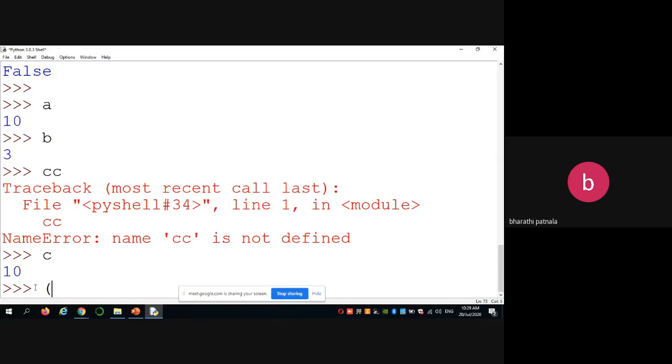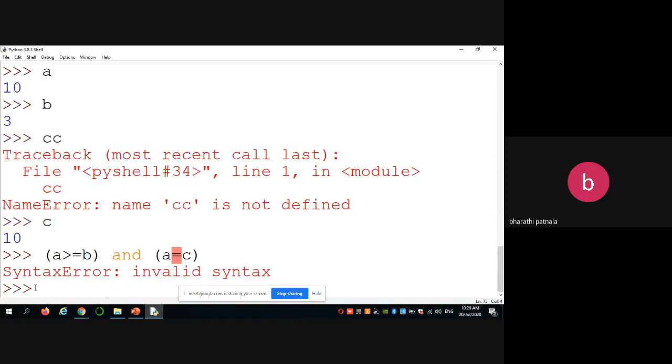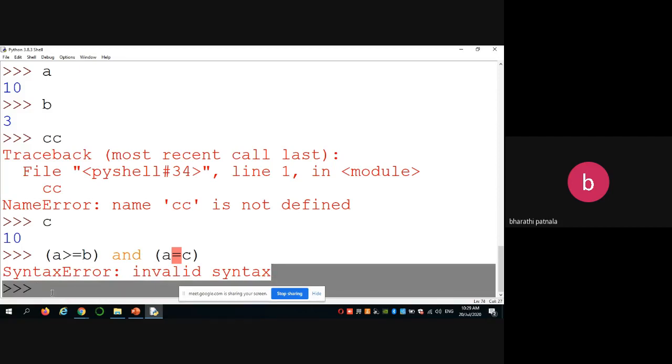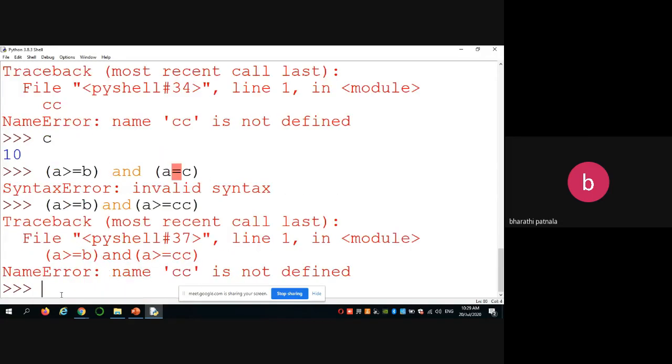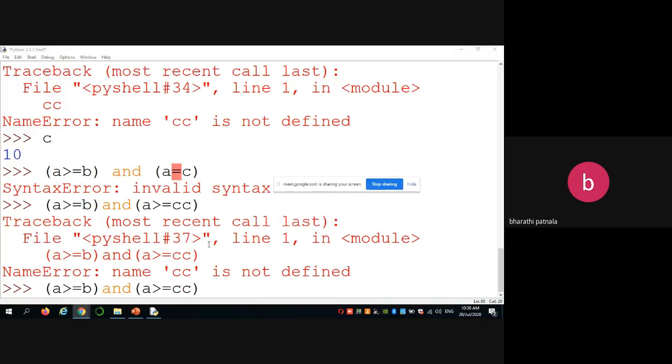Now you can check the comparison between two conditions, whether A greater than or equals to B and A greater than or equals to C. Alt P is used to retrieve the previous condition. You don't need to write it one more time.